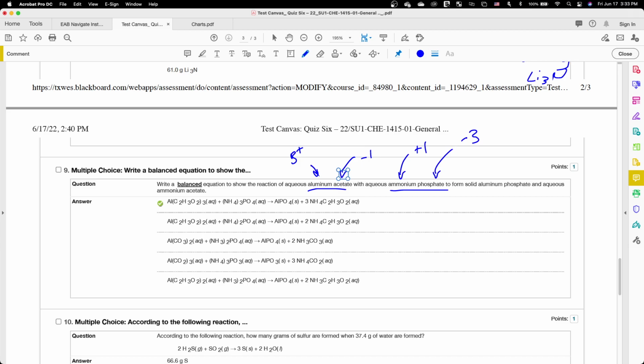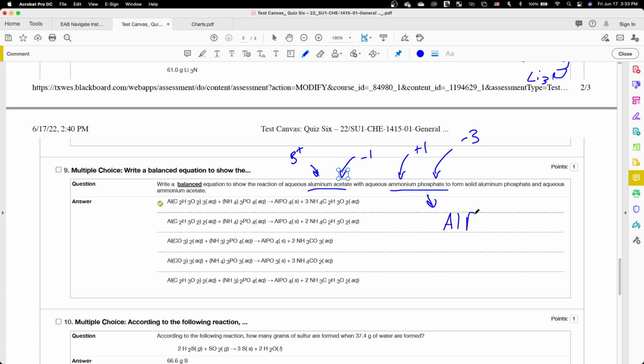So since aluminum and phosphate have the same charge, but just opposite of each other, we know that they'll go 1-to-1 with each other, right? And then since acetate and ammonium have the same charge but just opposite each other, they also go 1-to-1. So your products from this are going to be